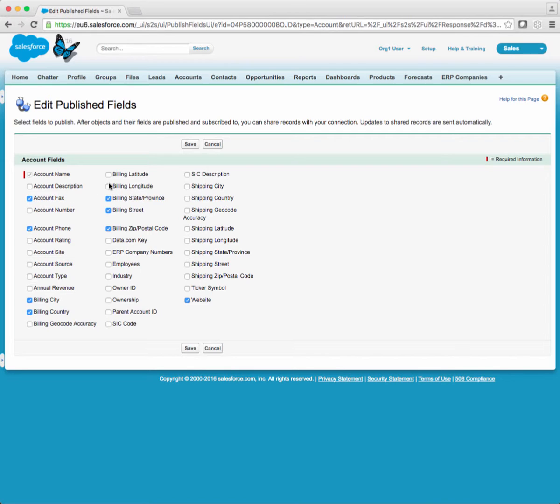But here we simply have the account object, and if we edit that publication, we can see the fields that are being published here, so we can selectively define individual fields that are available for publication. So perhaps for the sake of example, if we add perhaps industry as a newly published field,